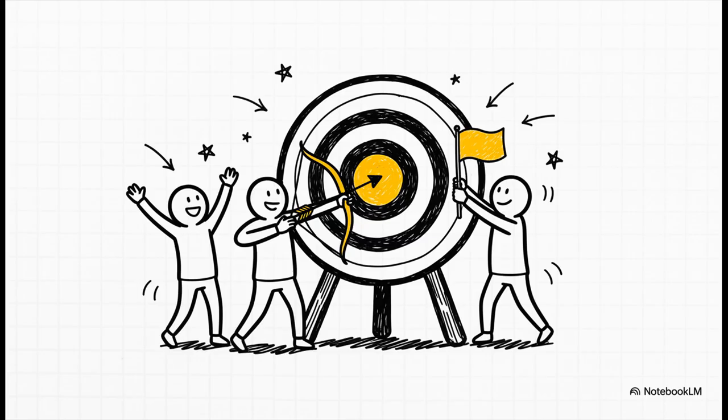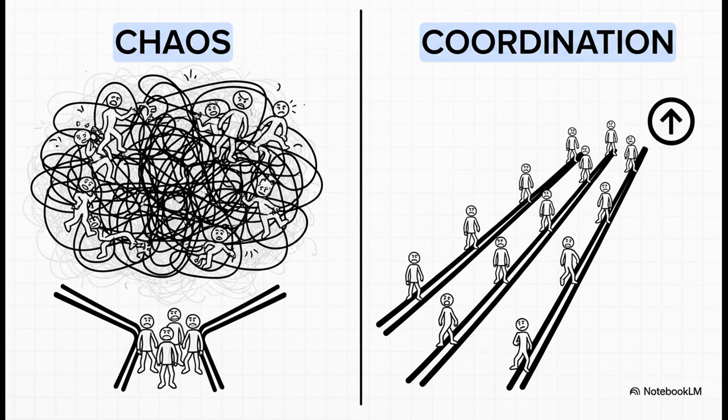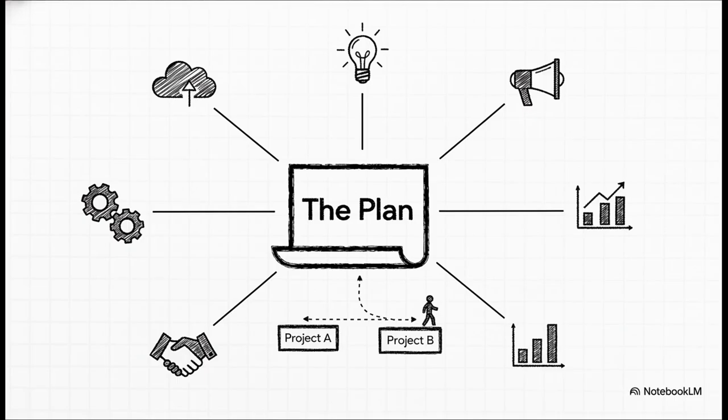And you know what really supercharges motivation? When the volunteers themselves are involved in setting those goals. It gives everyone a real sense of ownership and purpose. Now, motivation gets people to show up, but it's coordination that keeps them from tripping over each other. I mean, in any project that involves more than one person, coordination is absolutely the key to avoiding wasted effort and those frustrating bottlenecks. So the plan becomes this central hub for communication.